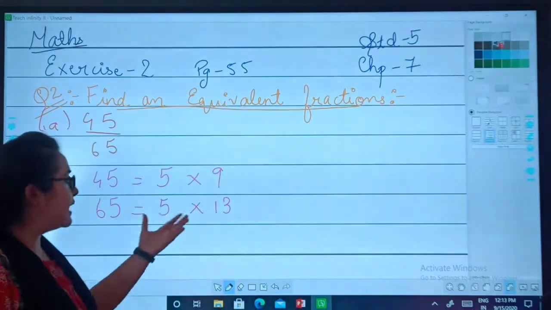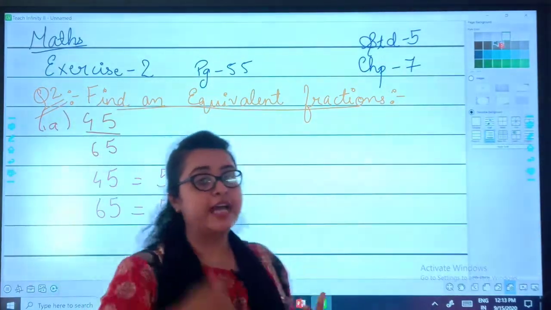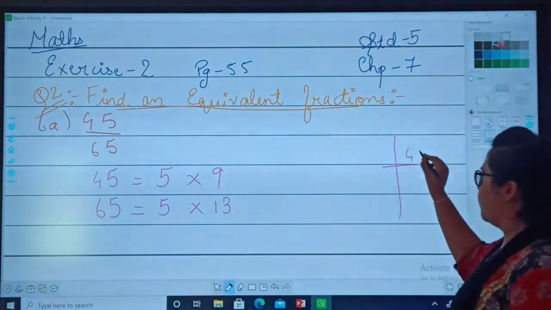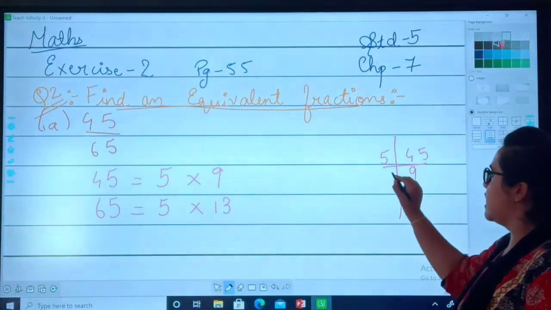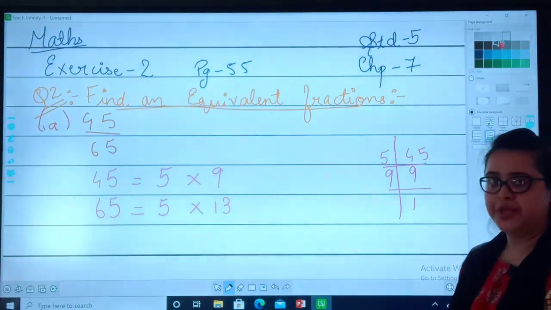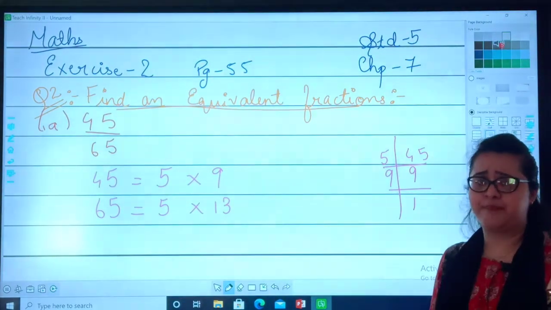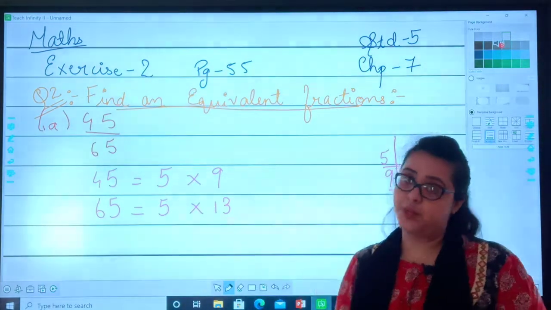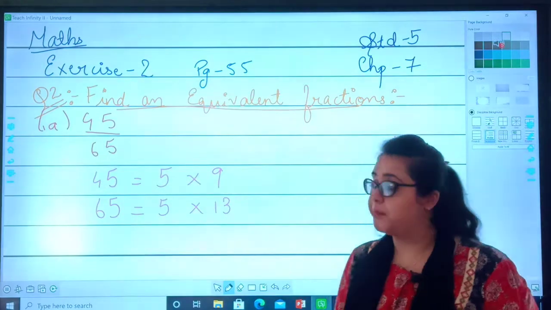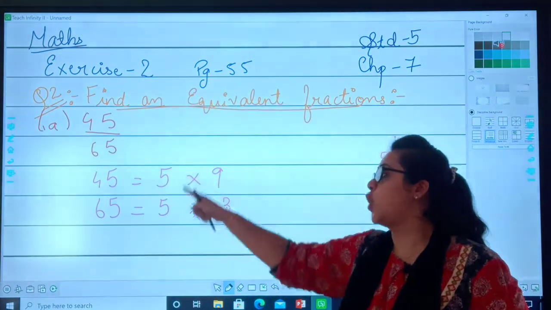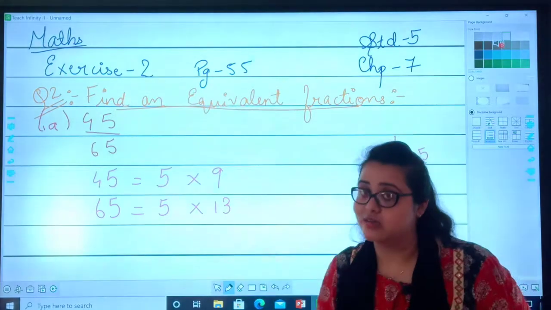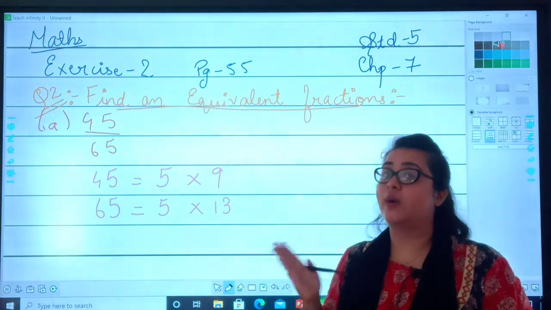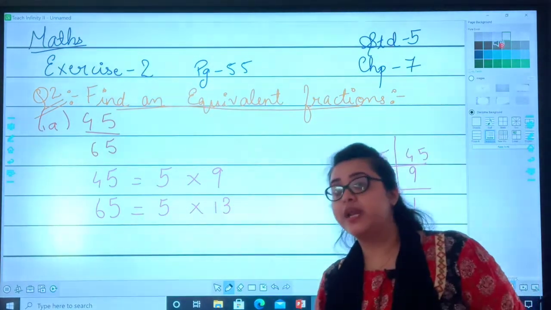अगर आपको बहुत बार ये क्लिक ना हो तो फॉर दैट यू कैन यूज दिस मेथड, डिविजन मेथड. रिमेंबर, 45, 5 9s are 45. Sometimes it happens कि हमें एग्जाम में क्लिक नहीं होता कि ये हम इस नंबर को किस तरीके से ब्रेक कर सकते हैं. बट स्टूडेंट यू हैव टू रिमेंबर कि व्हेन यू ब्रेक दिस नंबर कुछ कॉमन निकले जिससे मैं दोनों को डिवाइड कर सकूं, बिकॉज कॉमन इज मस्ट. सो विद दैट कॉमन नंबर आई कैन डिवाइड द न्यूमरेटर एज वेल एज डिनोमिनेटर.